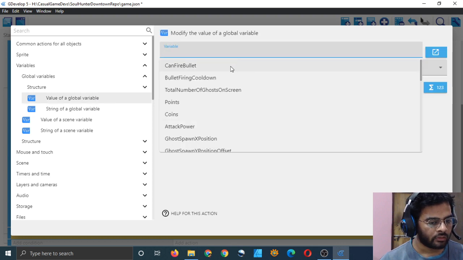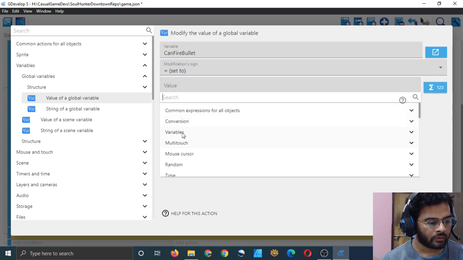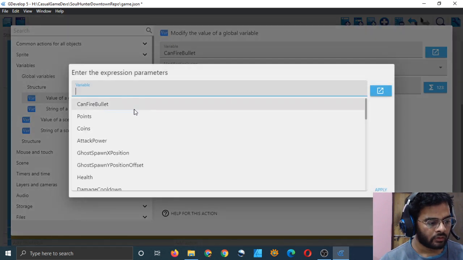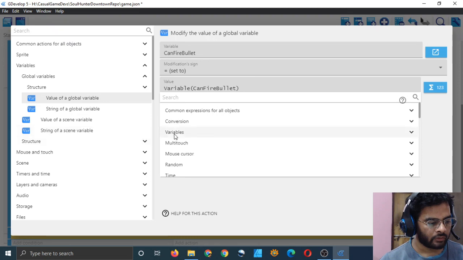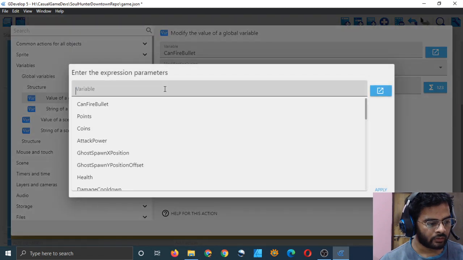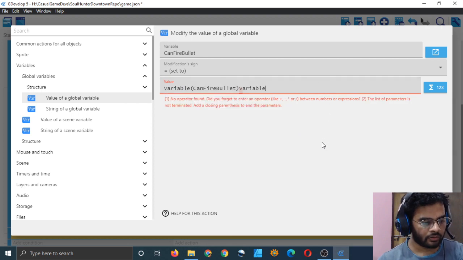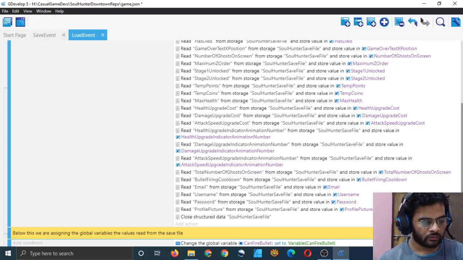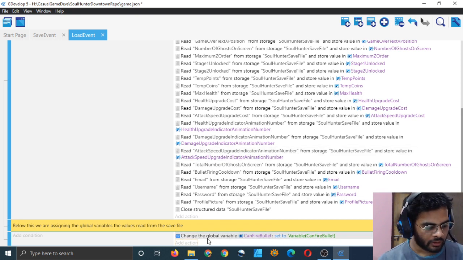Global variable can fire bullet is equal to, and what is the other variable? Can fire bullet. Cool. This is a scene variable, right? Event here, event to value of a scene variable can fire bullet. Yep, the scene variable. Okay, we have this value, and you may know what I'm going to do next.